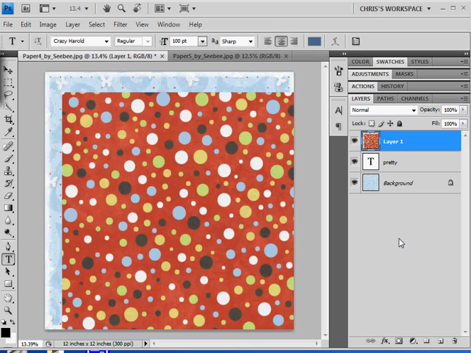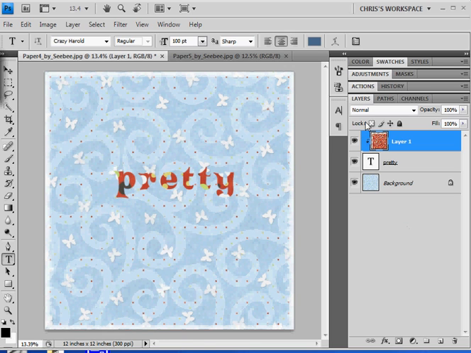Now, if you're using Photoshop, which I am, these later versions of Photoshop need an extra key to create the clipping group, and that's Control, Alt, and G here in Windows, which I think would be Command, Option, G on a Mac. Now that I've done that, you'll see that we can see the word pretty, and it looks like it's got the paper for it. And I'm going to do one more thing, again just showing the